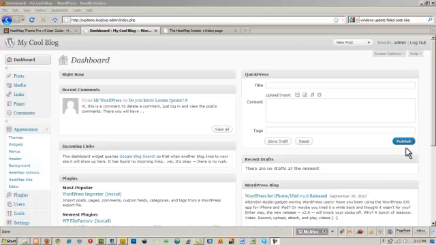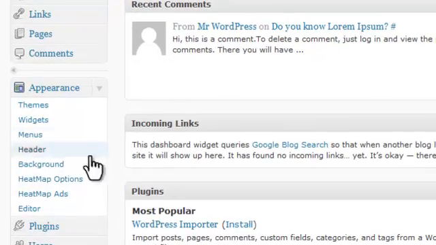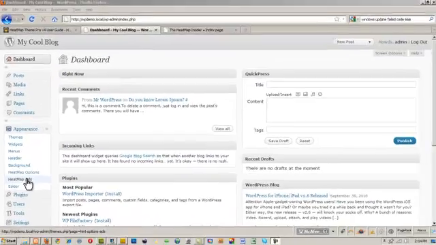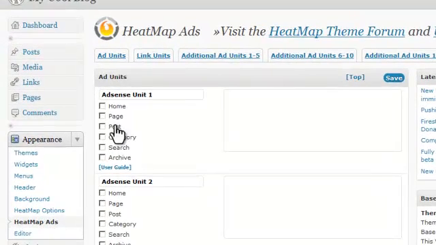Let's make an ad widget. Okay. From the WordPress admin, I'm going to head down to the HeatMap Ads link, and you can see here we have all our boxes where we can insert our code for our ad units. So I'm going to just paste in the code that we made earlier,